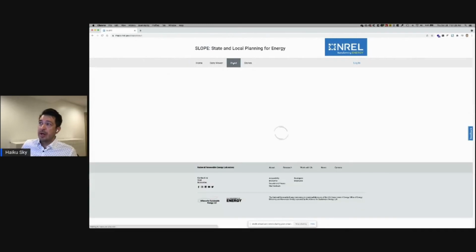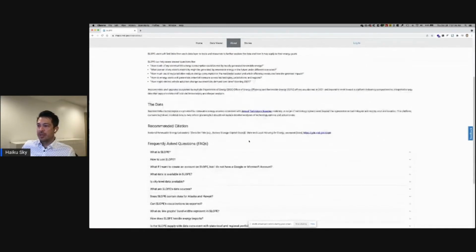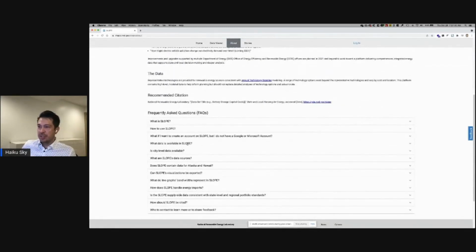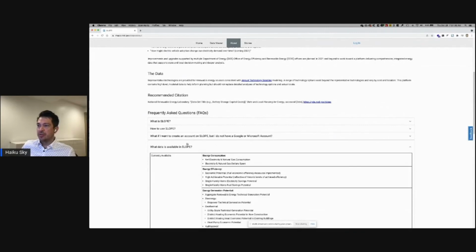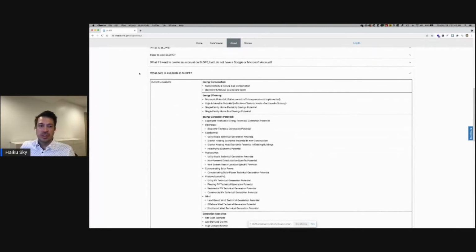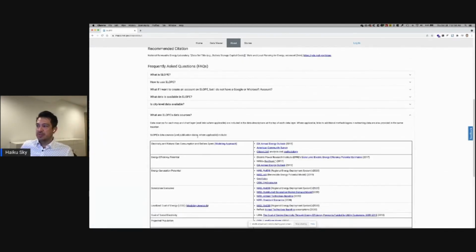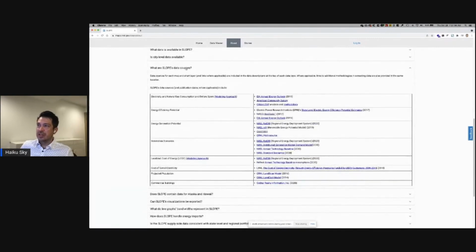Let's touch on the About page real quick. The About page gives a little bit deeper information, but I think most relevant is really the two data FAQs. So if anyone's interested, please have a look here. As mentioned, there's a lot of different data sets. So this provides a list of everything that's available on SLOPE, as well as the specific sources of data that